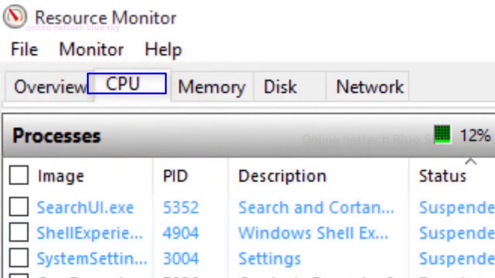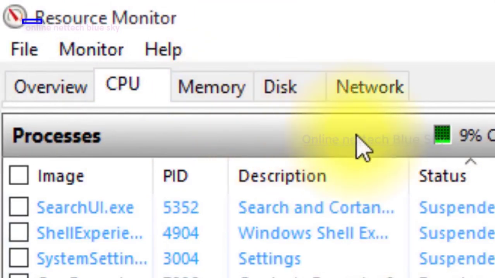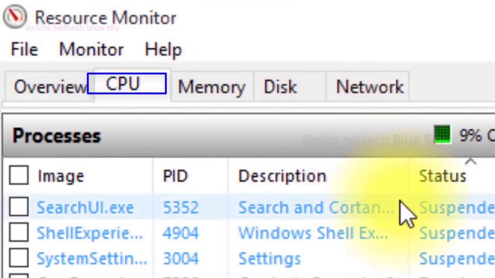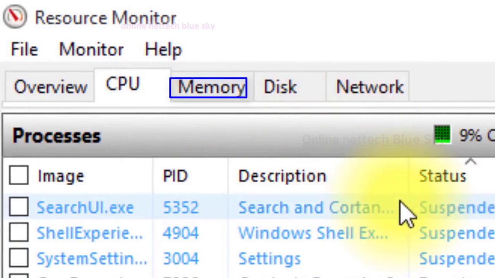Inside CPU you can see different types of cells, and next is memory. Before clicking on memory, you can see different tabs of information for CPU. I will discuss hardware very deeply later, but now I am talking about resource monitor processes and the system. Here you can see memory.